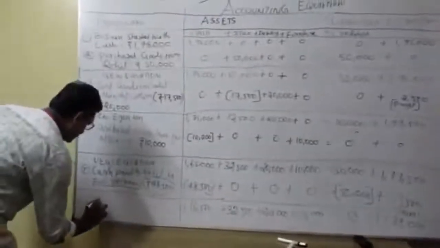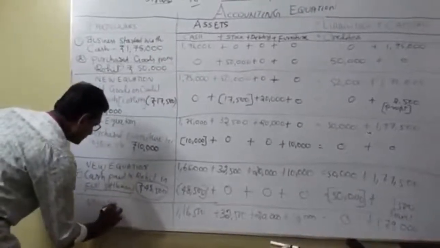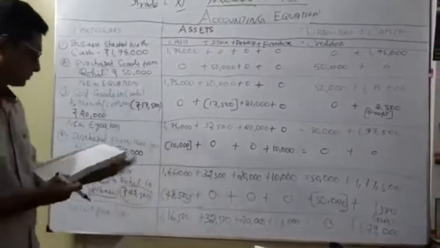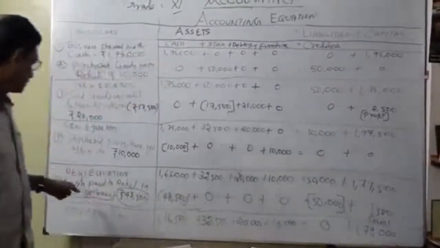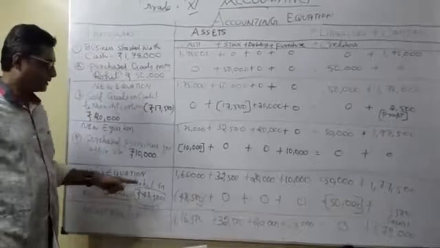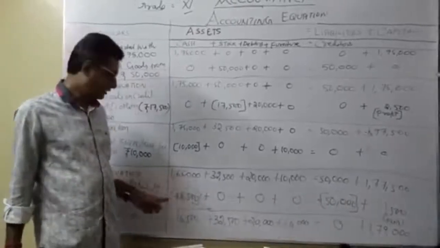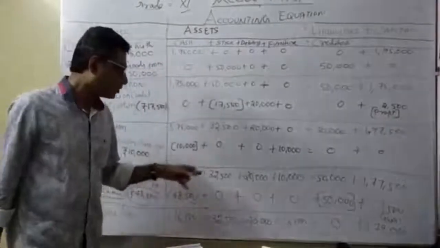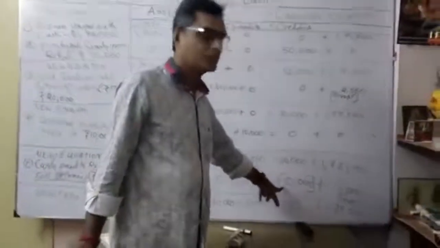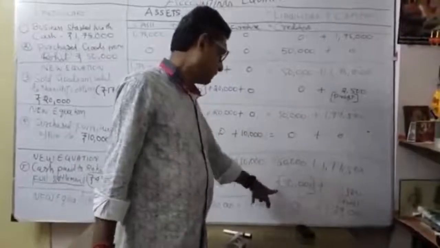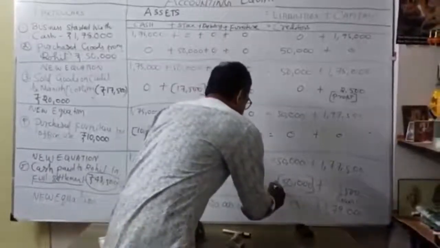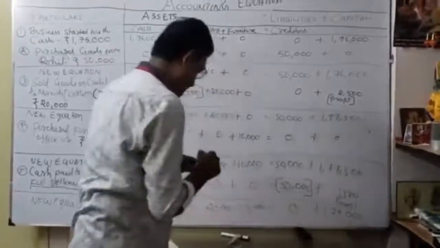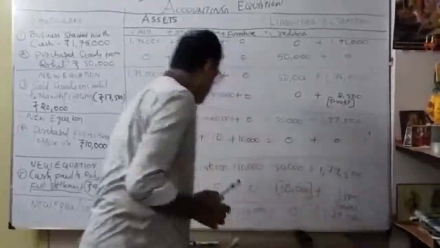Now understood? See, new equation. Repeat once again. So 48,500 repaid. I show it as cash within the bracket, 48,500. Our cash is reducing. So my creditors become nil balance. That's why shown within the bracket. Then how much actually got the gain? 1,500 we got the gain. So what is the new equation?